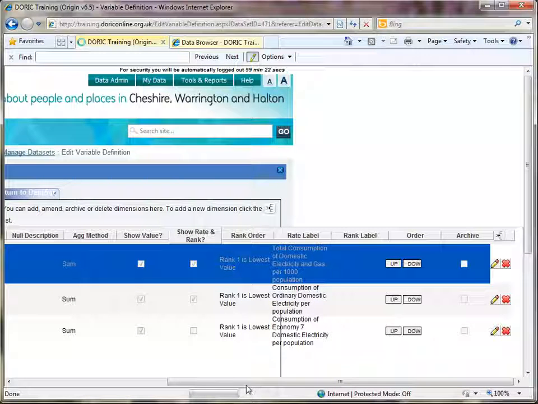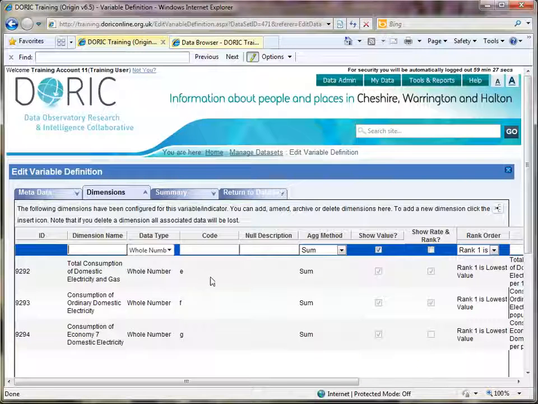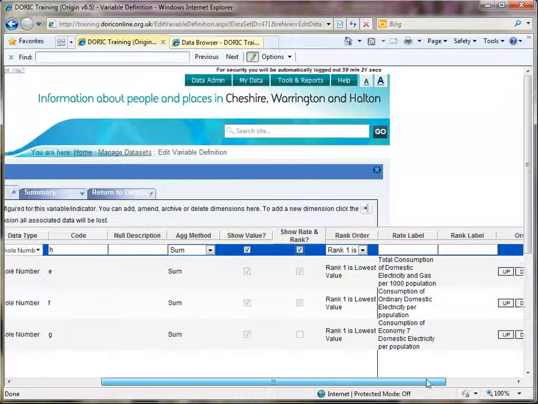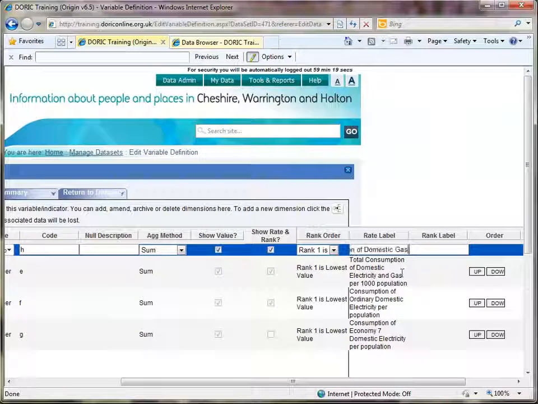And likewise, you can even copy an entire data set structure, including all the variable and geography definitions, which can be very useful if you're setting up data sets that are very similar in structure. So that's our 4